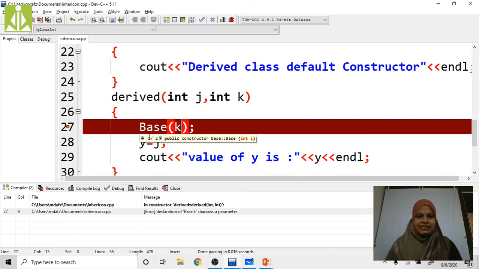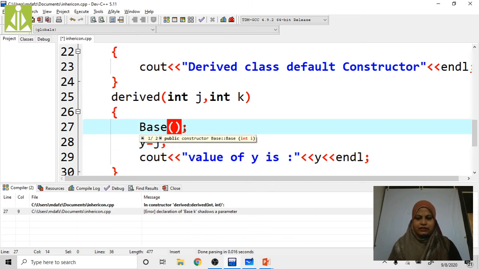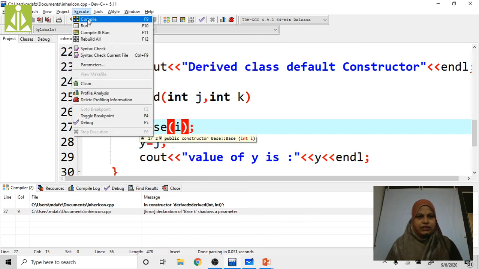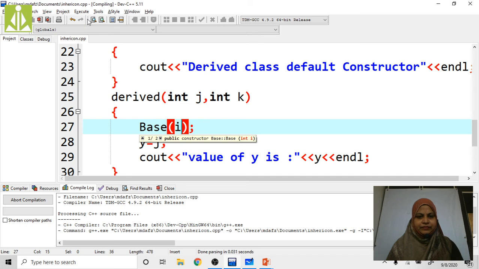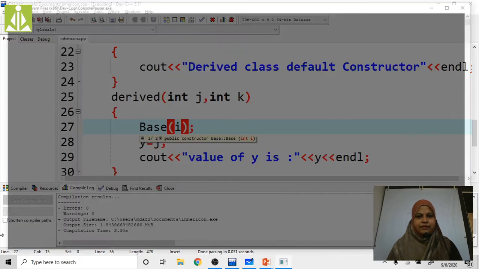Here directly we can pass this one. Okay, shadow parameter. First save, then compile. Errors are 0, warnings are 0. Then try to run this program.